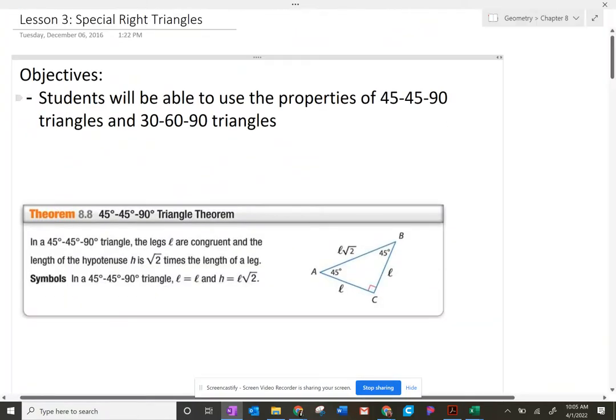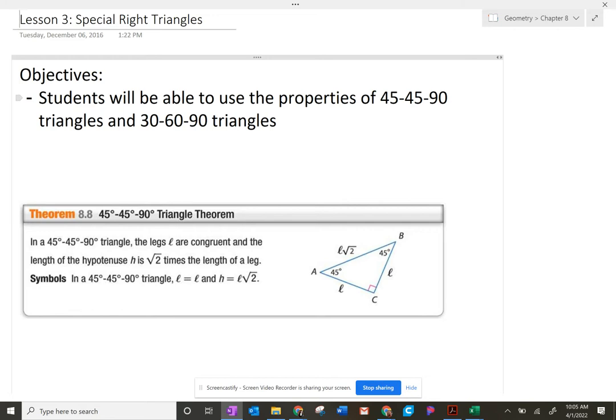All right. So lesson three is going to be special right triangles. With these ones, again, you could still do Pythagorean's theorem to solve it. However, if there are going to be these special triangles where you either see a 45 degree